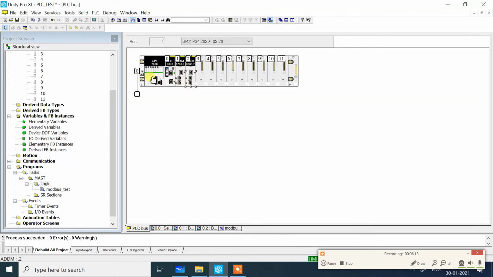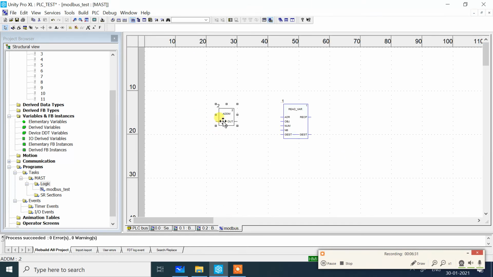You see, this is rack 0, slot 0, and here the 0th channel. Through this we communicate with device 1, where the slave ID is 1. The same address needs to be configured in the address block. So give it in quotation marks: rack 0, slot 0, channel 0 and slave ID. Click OK.